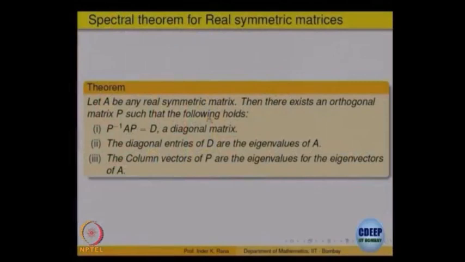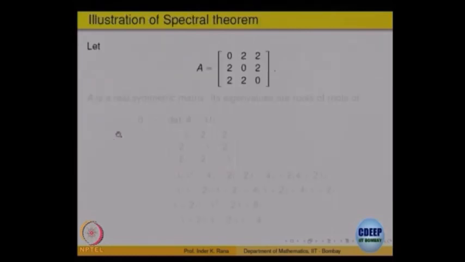The advantage is that this matrix P is an orthogonal matrix. So, for an orthogonal matrix, what is P inverse? Orthogonal means P transpose P is equal to identity, so the inverse is the transpose itself. So, there is an advantage here that for a real symmetric matrix you do not have to compute P inverse; it is just the transpose of the matrix P that you get. So, we will look at one example completely illustrating this idea.